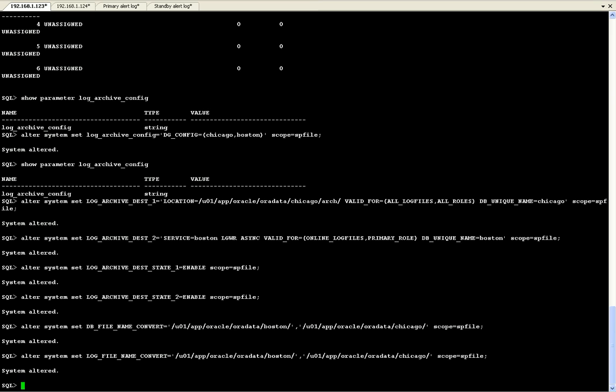Now let's set alter system set standby_file_management equal to